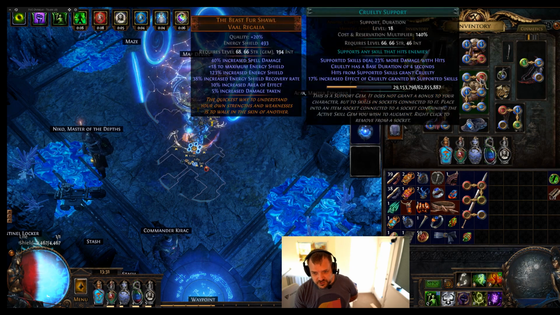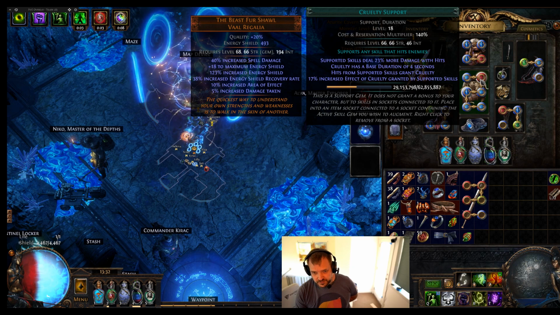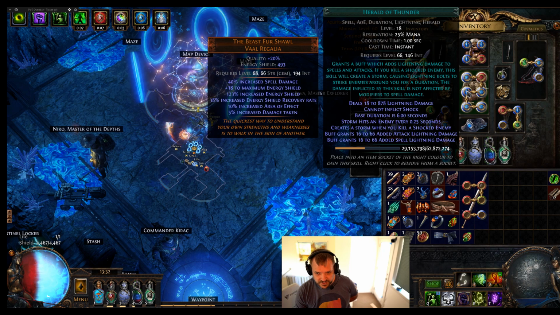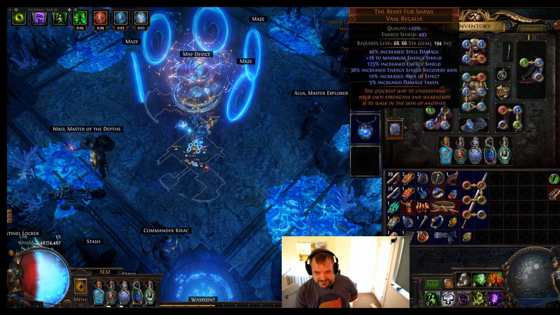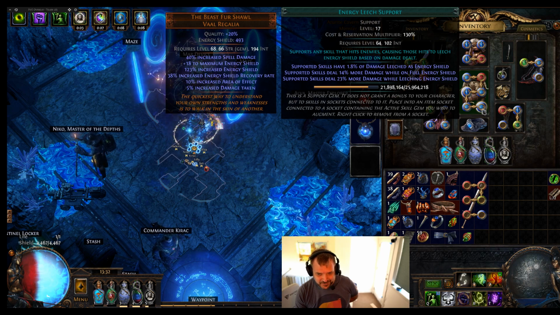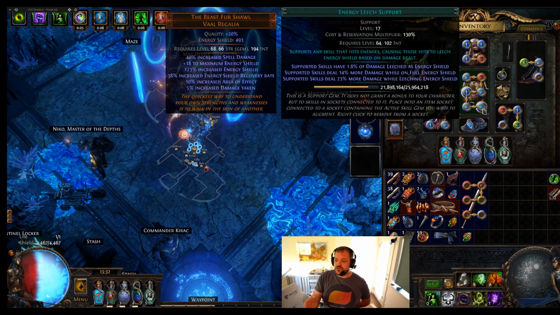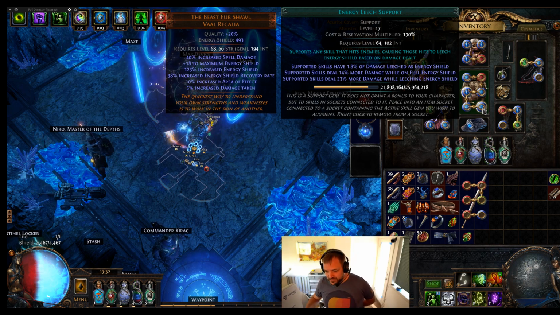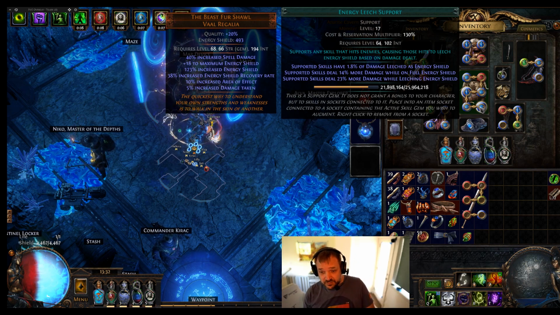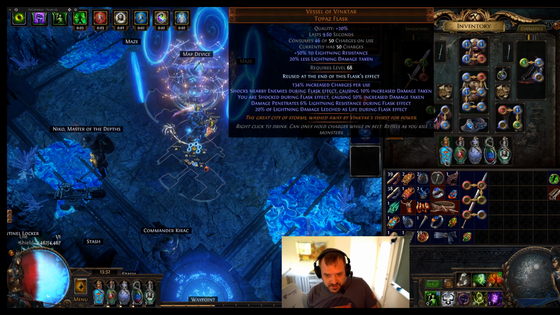Elemental Focus, Cruelty. Cruelty is nice because on occasion we do poison with this skill. Lightning Penetration. Herald of Thunder, level 18. Add Lightning Damage, level 18, and Energy Leech Support. Energy Leech Support, I mean, you're not doing it for the energy leech. The reason you're not doing it for the energy leech is because we're leeching a lot of energy shield already. Like 1.8%, I don't think makes a difference, because this guy gives us